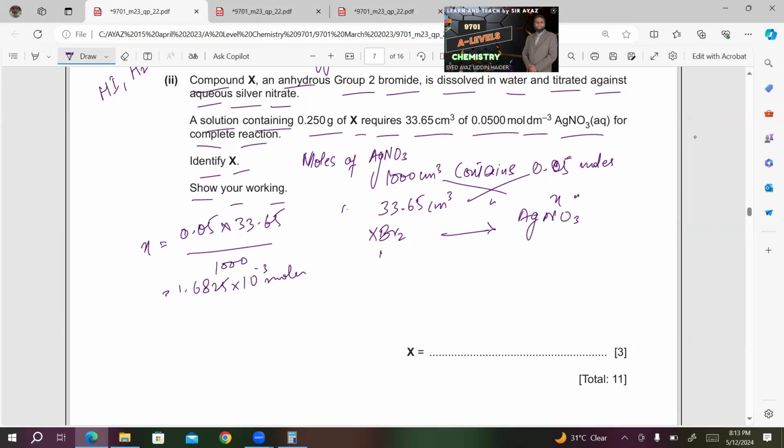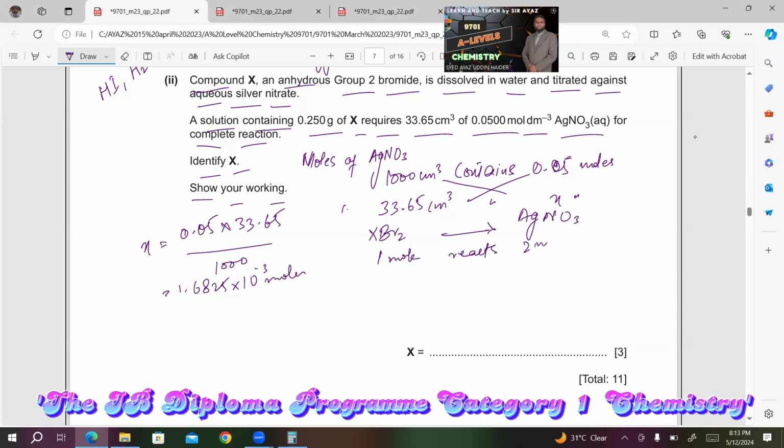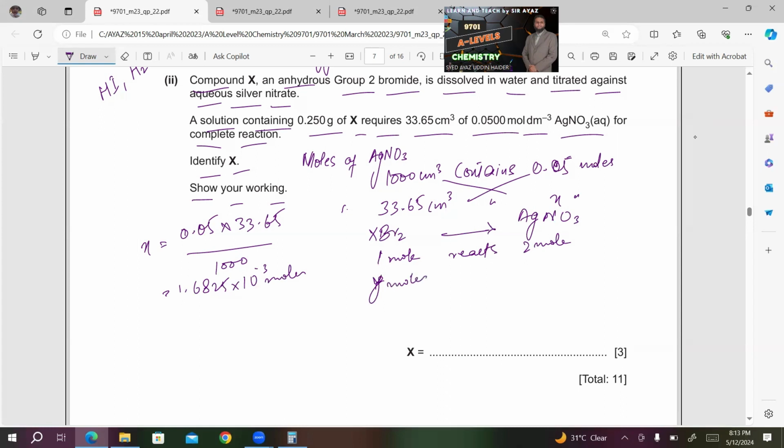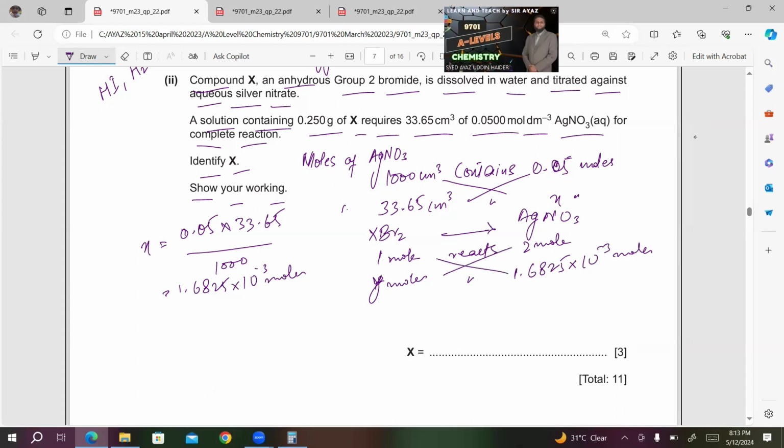So here we have 1 mole reacts with 2 moles. Let's have Y moles of XBr2 reacts with 1.6825 × 10^-3 moles. Do the cross, so we'll get Y is equal to